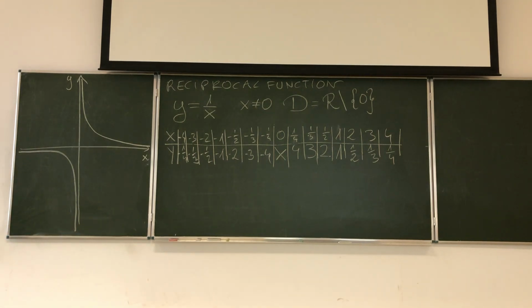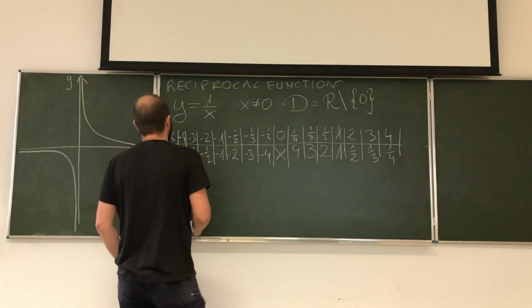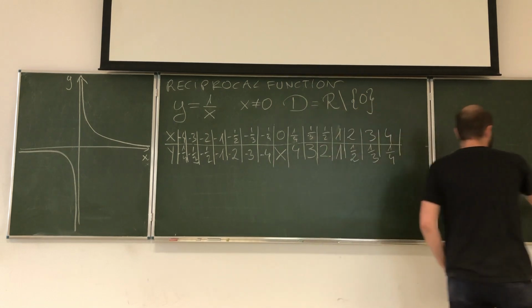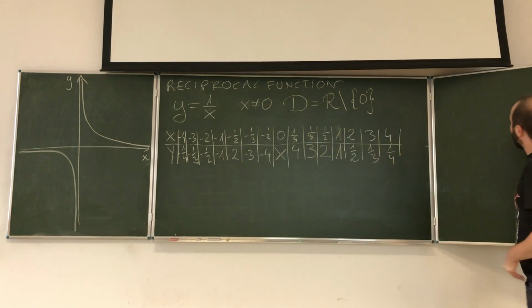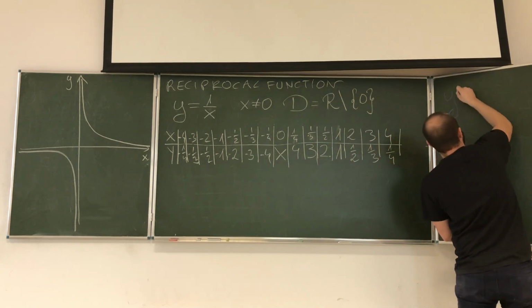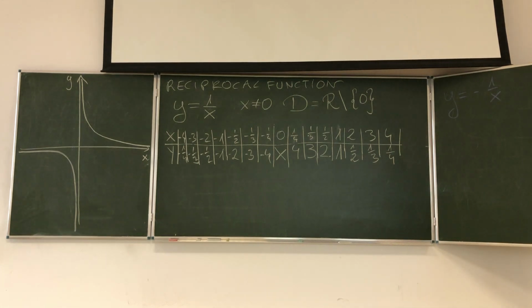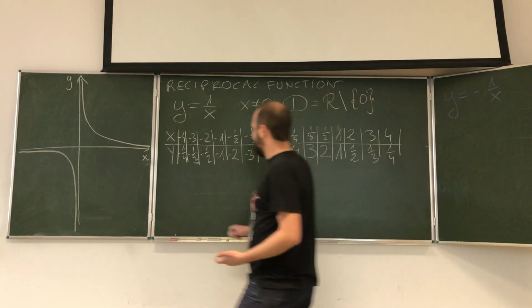Now, what is going to change? Look, imagine the function we are going to do now is y. I hope you can see it over here. y is negative 1 over x. Well, we already talked about this transformation, right? It's not very problematic, but what we need to do, we need to change any number